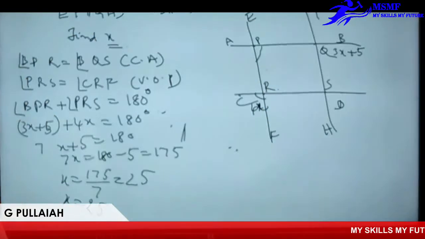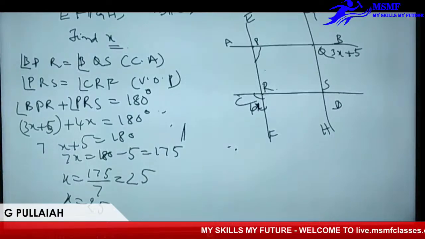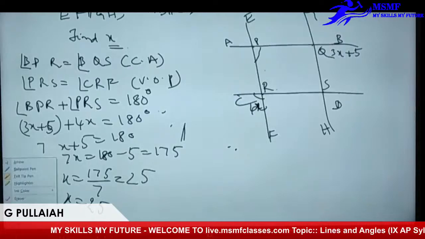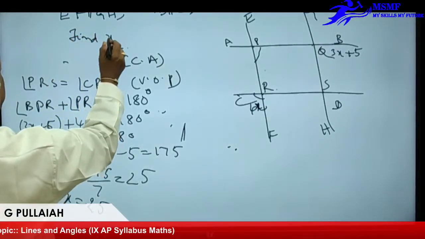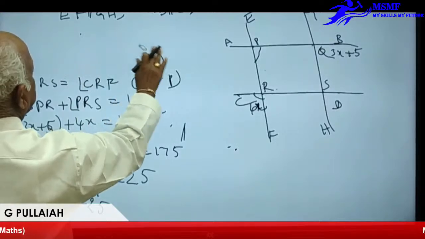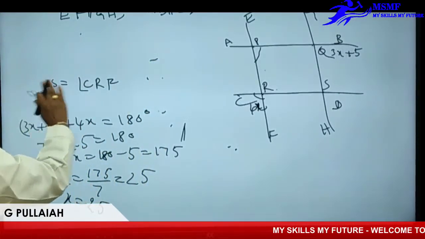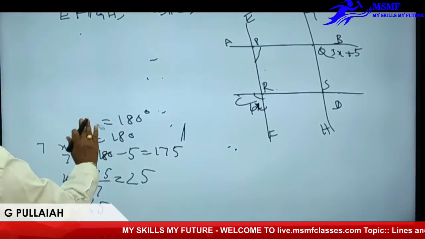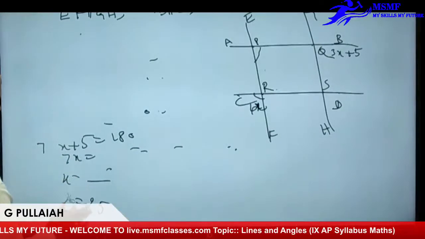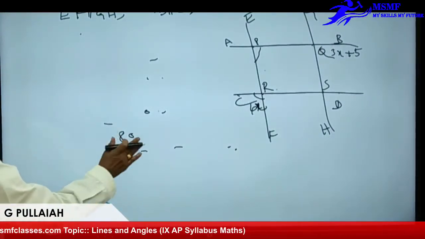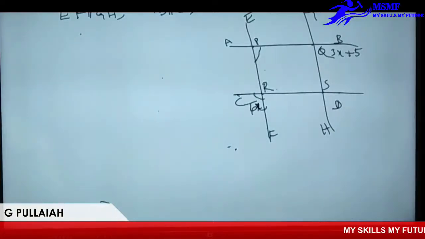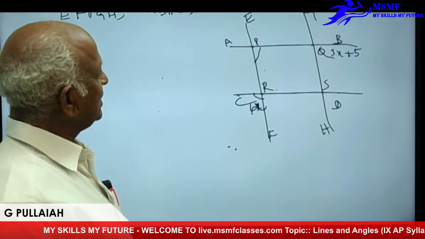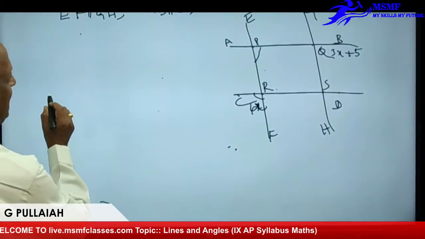Now, we can do this in another method also. Let us take it in the form of the linear pair, or take it here in the form of the co-interior angles. Let us take it in the form of the linear pair. To take it in the form of the linear pair, here I can say angle